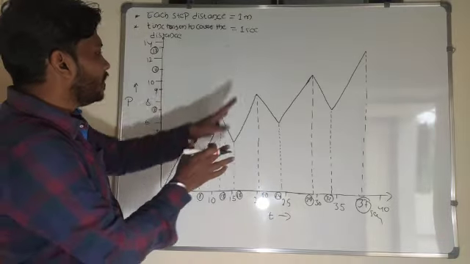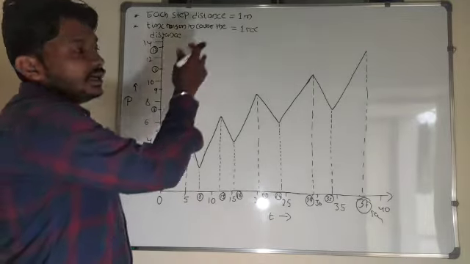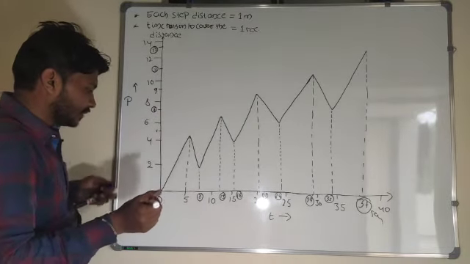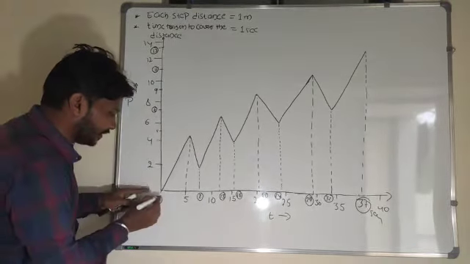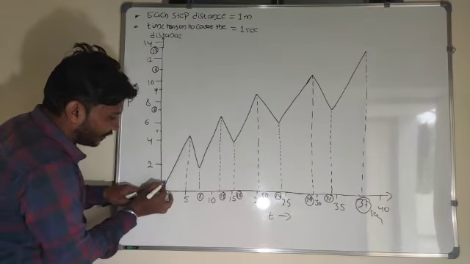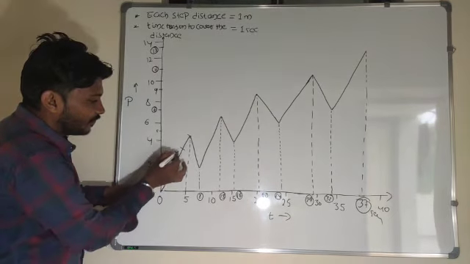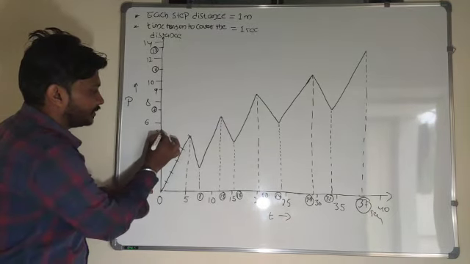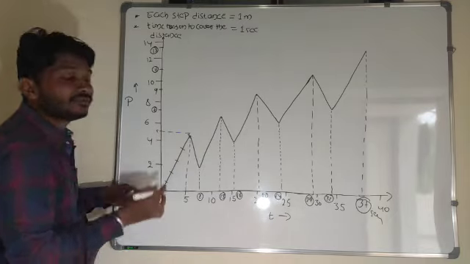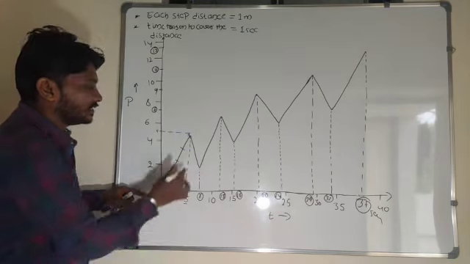So look at here. By the graphical method I am showing here, and I can show it by the mathematical expression also. Just I will make you understand. Initially he is at point O here. 5 steps: 1, 2, 3, 4, 5. So 5 steps means 5 meter distance here. So he took those 5 steps here. 5 steps forward means time taken will be 5 seconds here.